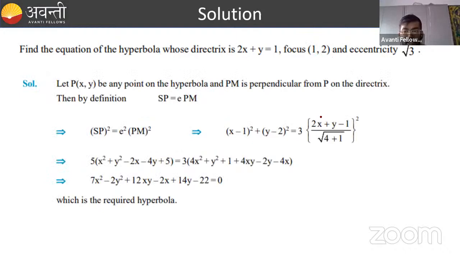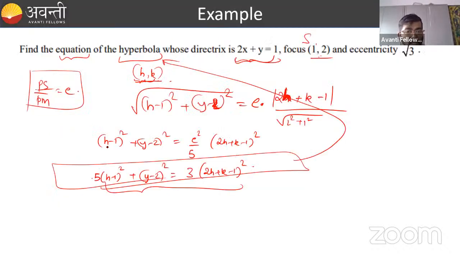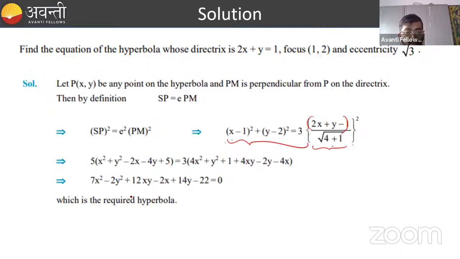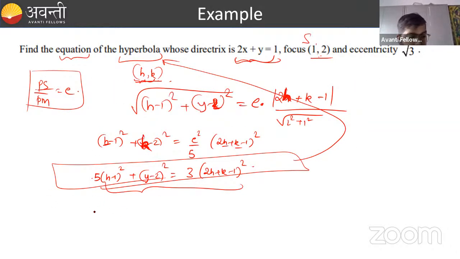So you guys can see here the same thing has been done, right? Here we have just taken h comma k in place of x comma y. So if you want to find out, let's also finish this calculation. 5 times h square plus 1 minus 2h, and 5 times k square plus 4 minus 4k, is equal to 3 times